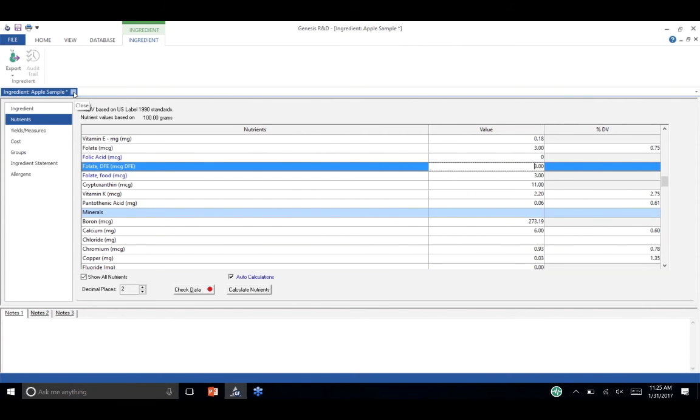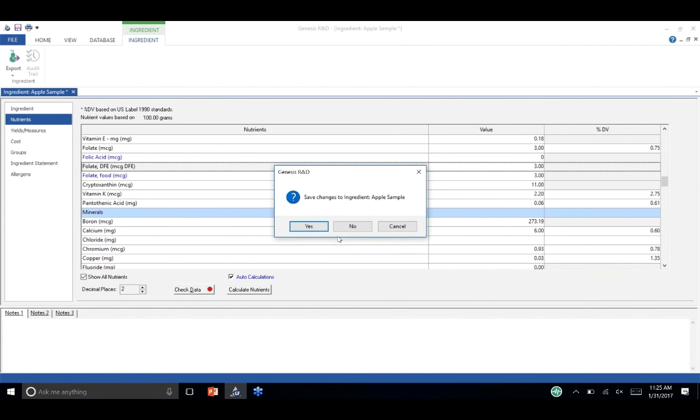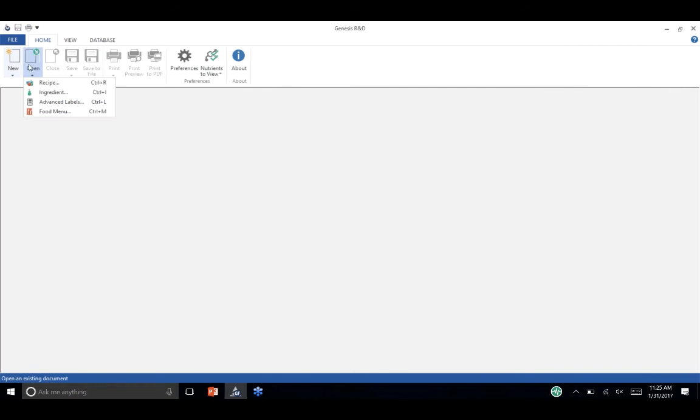In Genesis, we can also use the AutoCalculator on the recipe screen. So this will actually override nutrition information. I would suggest best practice would be doing it from the ingredient screen and making sure that you're ready to make the transition. As with any scenario when looking at a recipe, you may choose to look at your spreadsheet report. So I would say, if I opened up a recipe,